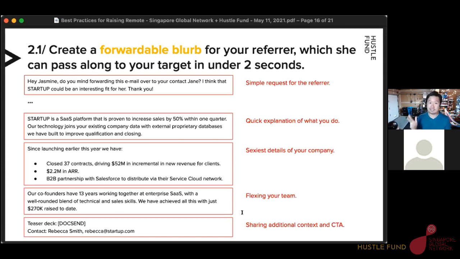The second is the stalking, right? You can see who is logging in when you put an email password behind it. Like you have to type in your email to unlock the deck. And I love these kinds of games when sometimes a VC just tries to play radio silence on you, but you're noticing they're opening your deck like 5 times a day. You basically called their bluff at that point. You know that you got them, right? Or something interesting is going on. So it's never perfect, but it provides some pretty interesting clues for you as a founder as you're trying to build your auction process. Okay, so that's the elements of the forwardable blurb.